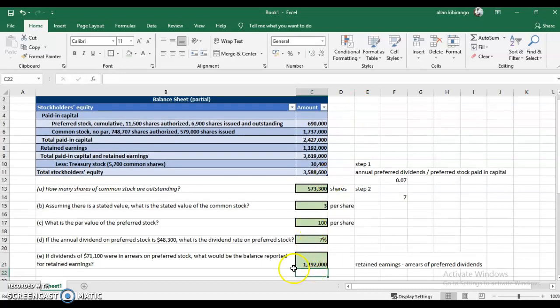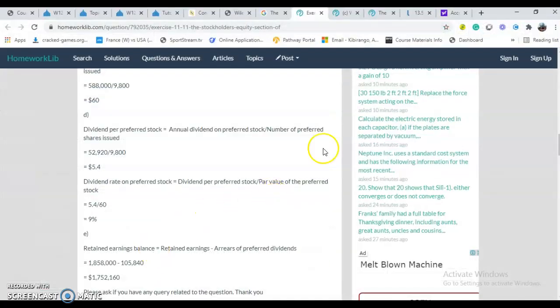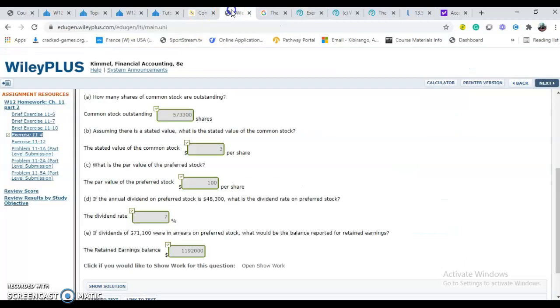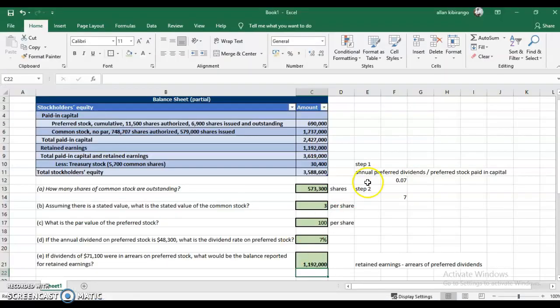So for our question here, we have 1,192,000 as our balance reported for retained earnings. And when I go back to our question here, these are the same answers that I was